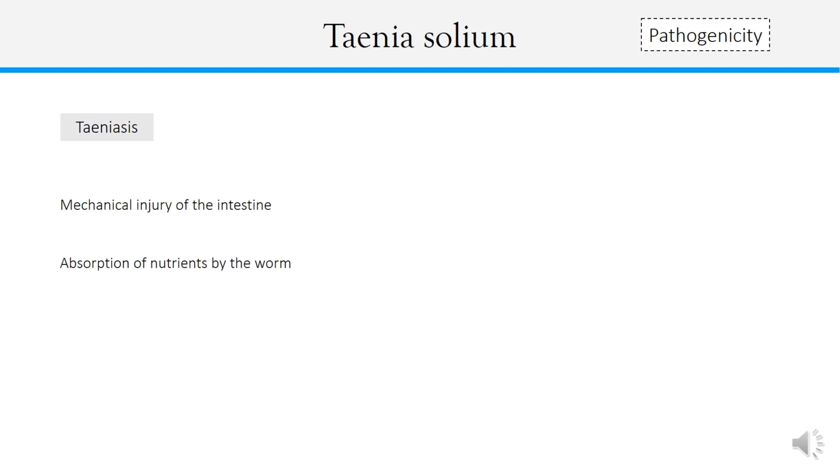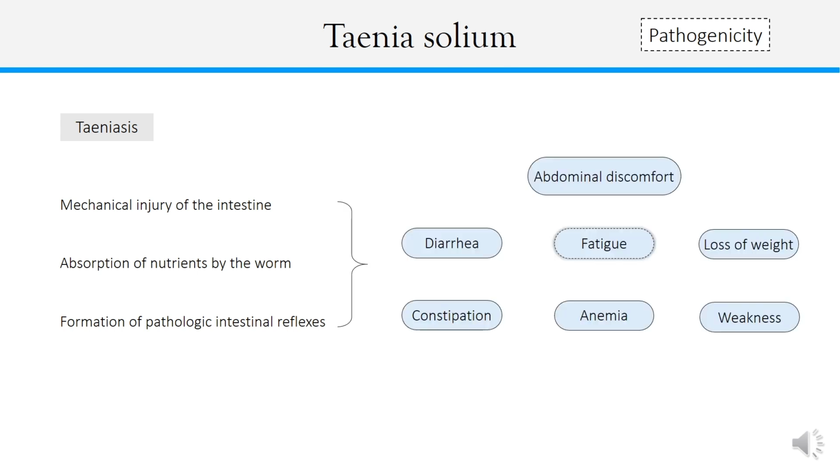Also, this worm will steal nutrients from the patient, and it may lead to formation of pathological intestinal reflexes. And this is one of the reasons how segments of this parasite could be transported in the opposite direction from the intestine into the stomach. All this may lead to abdominal discomfort, diarrhea, constipation, loss of weight, weakness, anemia, and